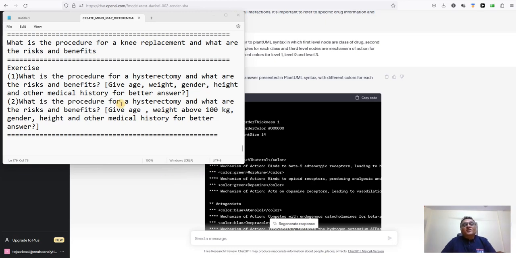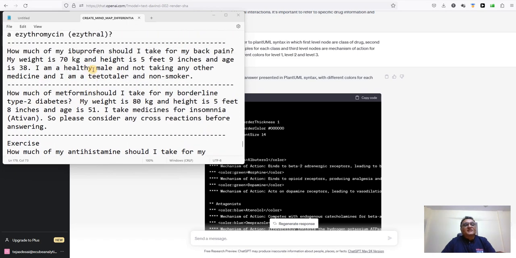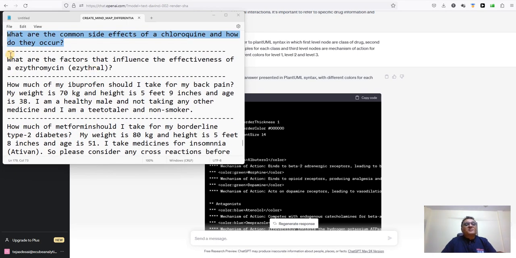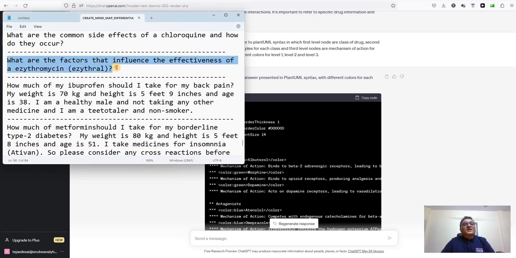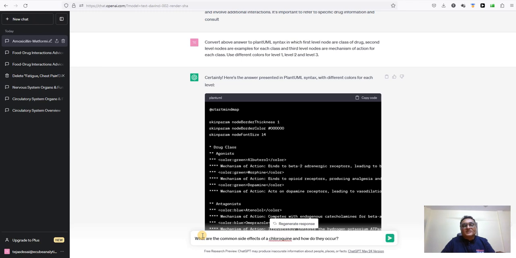Hello. We'll continue with our examples on pharmacology and then one or two examples on surgery. But this time it will be a quick way, and we'll not go into all details and creating UML and mind maps and all that. Just simple questions, as if before prescribing medicines, this is how a doctor thinks based on the patient's history,